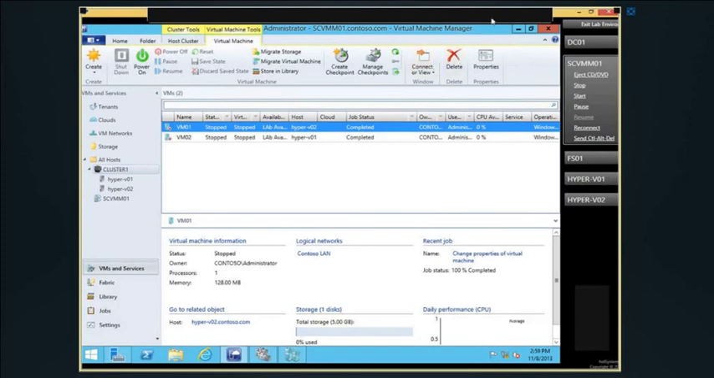So I'm going to go ahead and just stop this demo real quick, but I wanted to give you a quick tour of the different types of things that we can